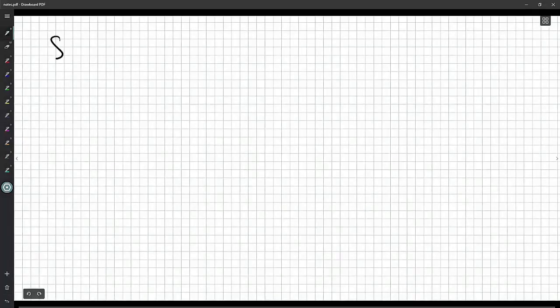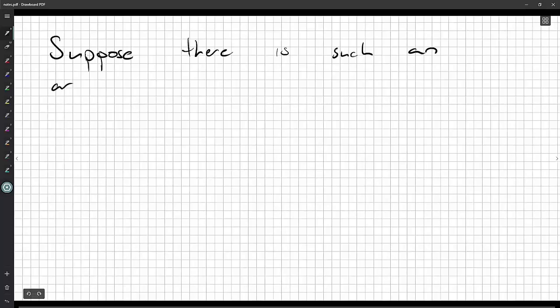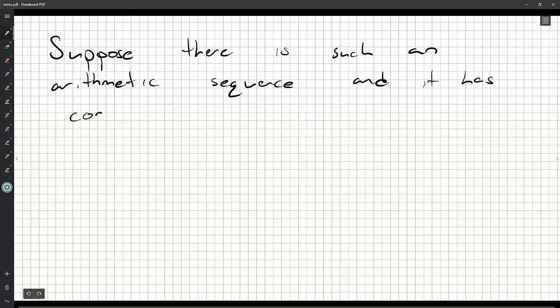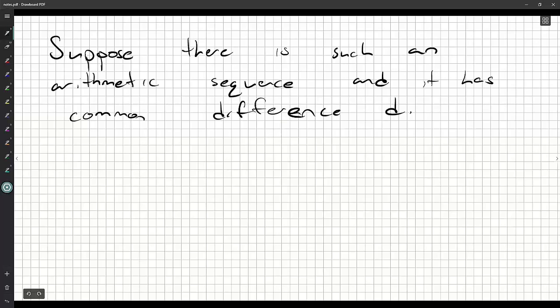So let's say, suppose there is such an arithmetic sequence, and it has common difference. I'm going to use D. They use B in the statement, but I like D. So common difference D. Well, then